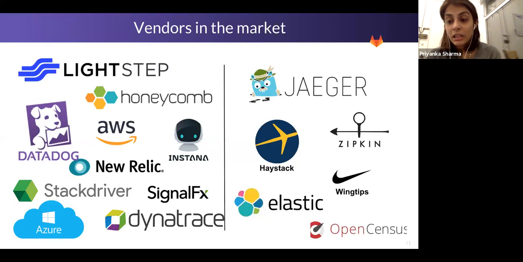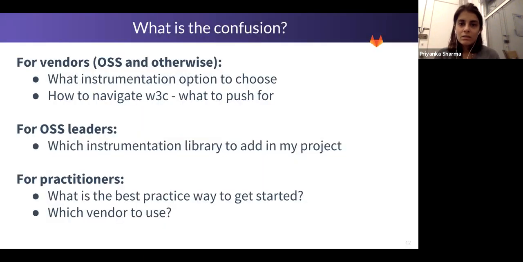So as I was saying, there's a lot of vendors in the market. On the left side, I have all the vendors that are proprietary. And on the right side, I have folks that are open source. And so as you'll see, largely free. This is not even a complete list. So I can imagine as practitioners, you folks listening to this conversation here, considering tracing, it's like, well, okay, what do I do? Which one do I go with? What's my answer? Your open source projects are not telling me what's really going on. So what do I do? I hear you. This is why I came to give this talk. I wanted to introduce people to distributed tracing and also talk about what's going on and how we can move forward together.